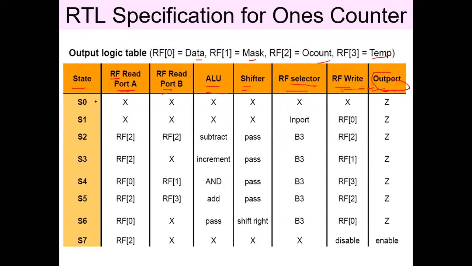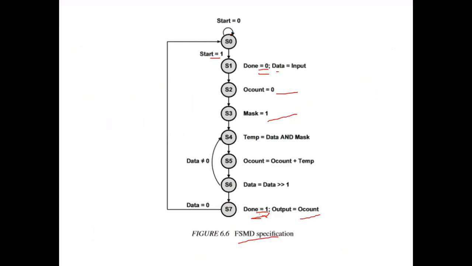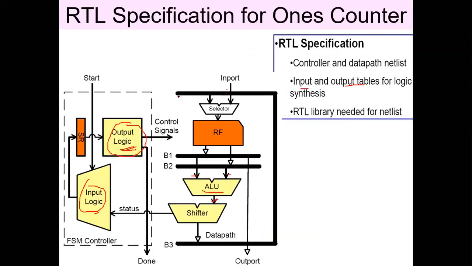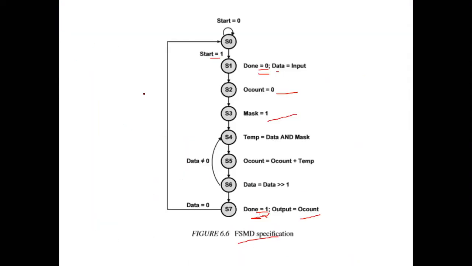So state 0 is nothing. Here from the data path perspective, there is nothing to be done by state 0, right? State 0 means whenever the cycle is 0, it will be in state 0. There is no operation to be performed in state 0. When the state signal is 1, it will go to state 1. That will be done by the input logic table. So all state transitions will be dealt with by this input logic table. Here the output logic table needs to be worried about only the operations in each and every state.